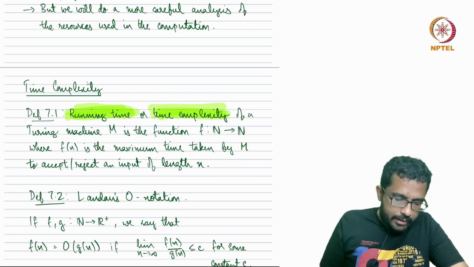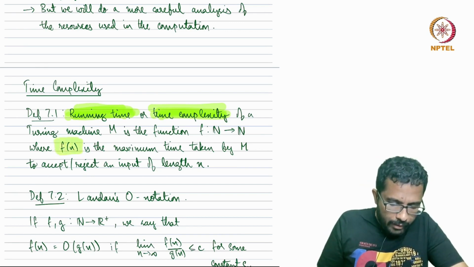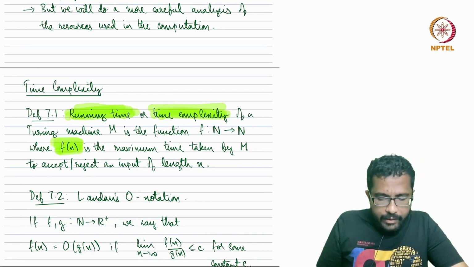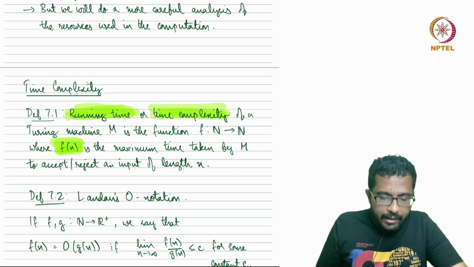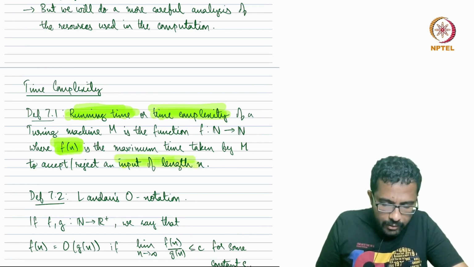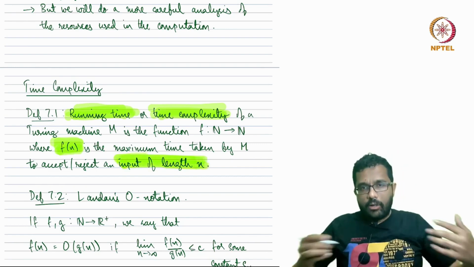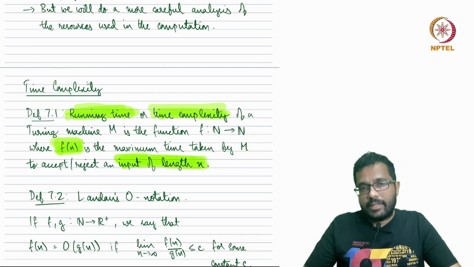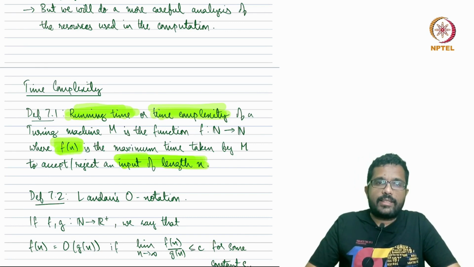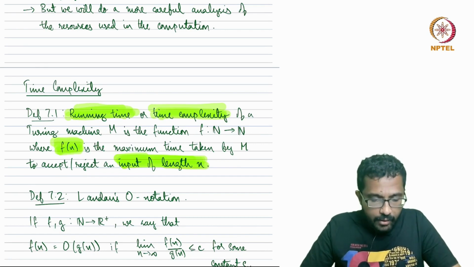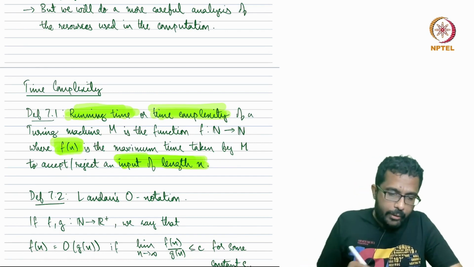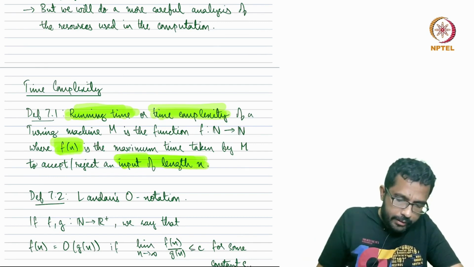The running time is given by a function called f(n), where f is a function of n, and n is the length of the input. So the running time is specified in terms of the length of the input. A longer input may take a longer time to decide, a shorter input may take less time to decide. That's the rationale for viewing it as a function of the length of the input. So running time is a function from N to N,